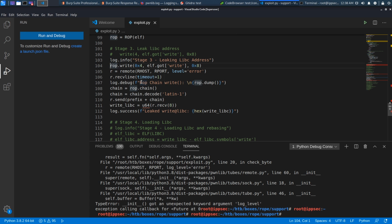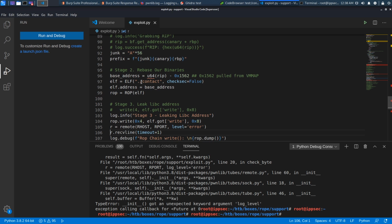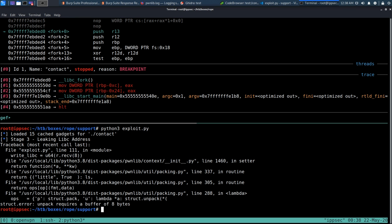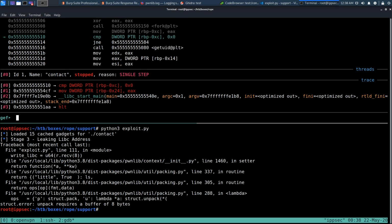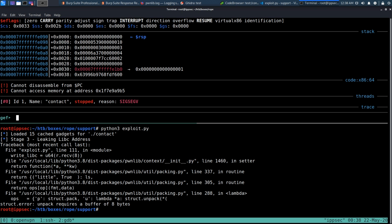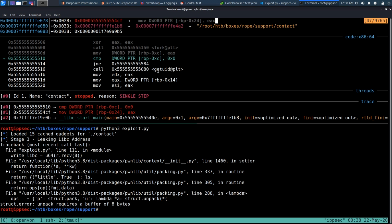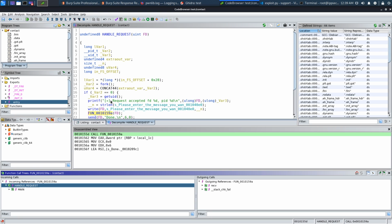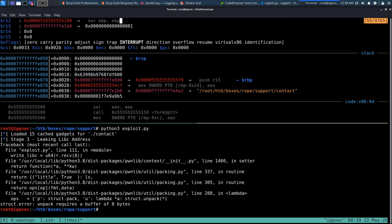Continue. And let's see. Is that the very first one we're doing? We have stage 0, not making a call. Yes, that is the first one. So if we just run our exploit script, I guess it timed out, which is fine. And get out of this fork call. Oh crap, I just hit C. Let's see if we can go up real quick and see what it said. So remember, get UID. This is the very first part of handle request, right? Yeah. So this is where we had been. So if we keep going up a little bit and look at the registers there,